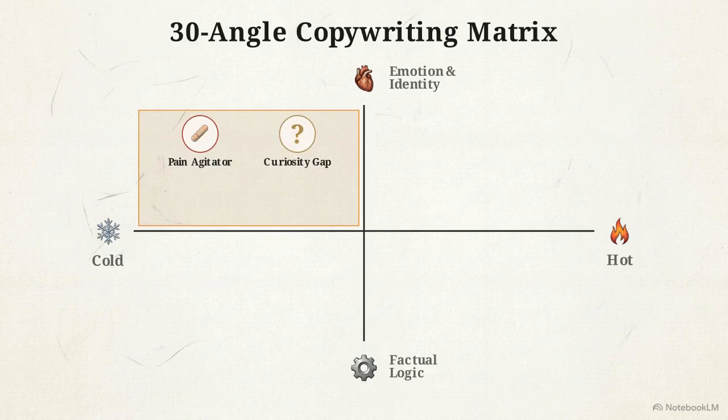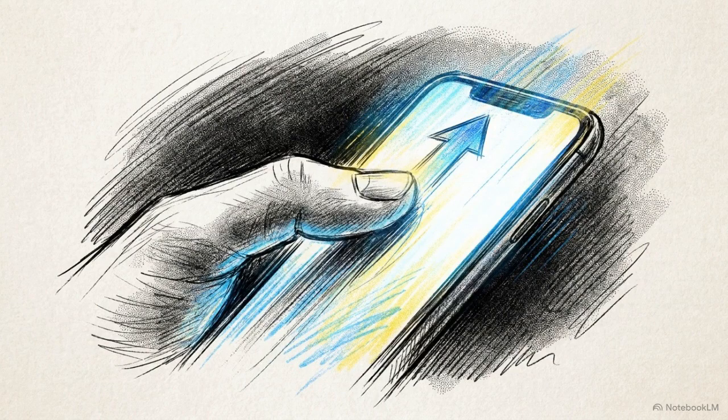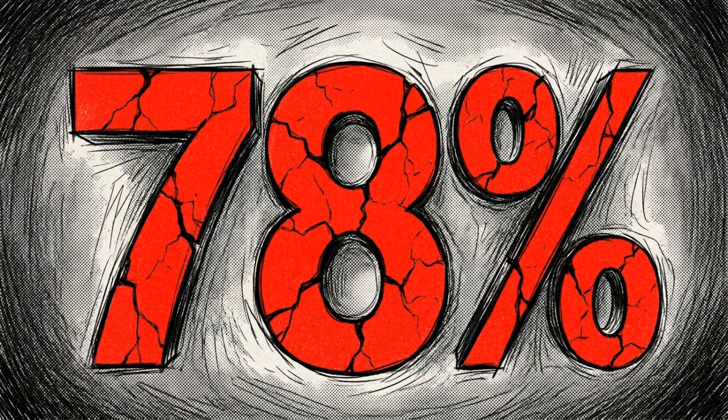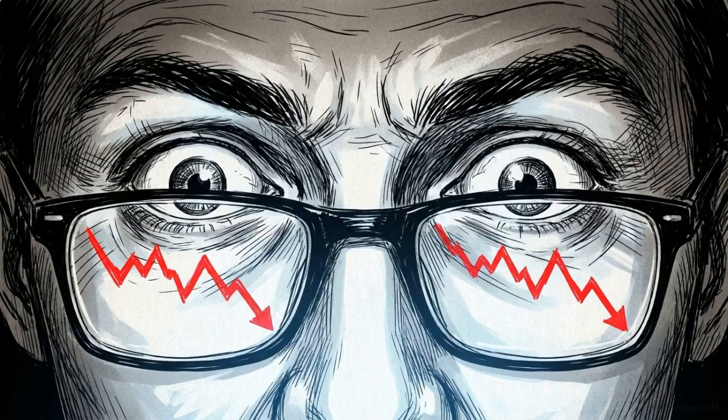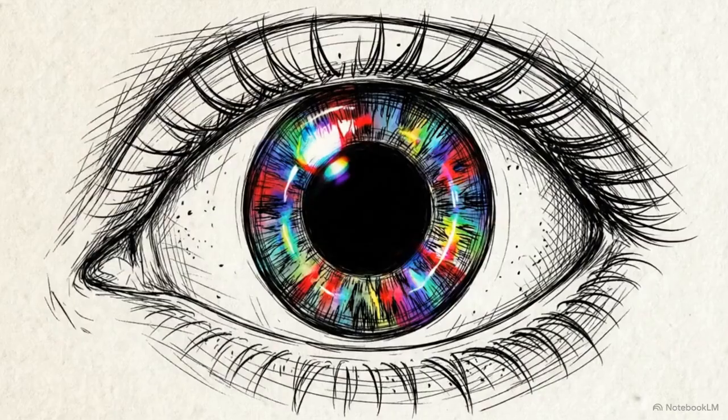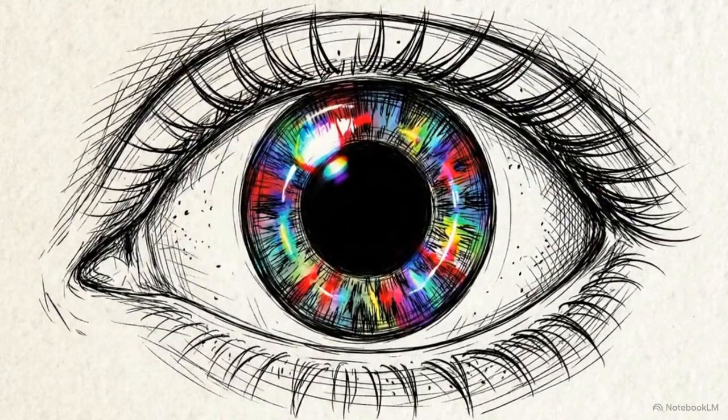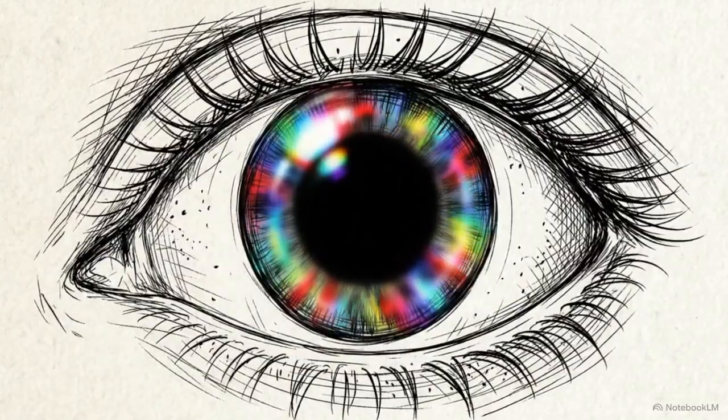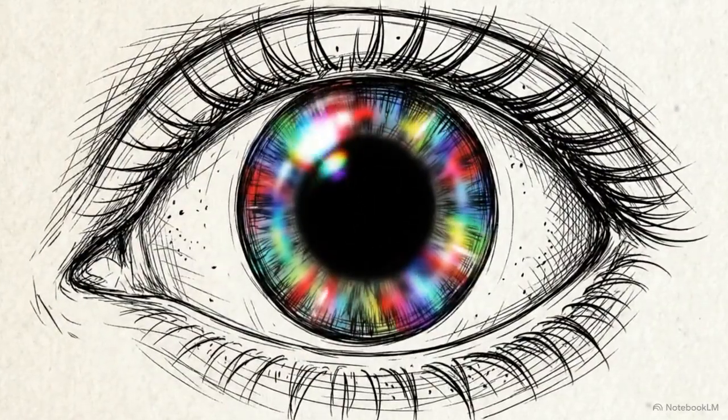These top-of-funnel frameworks are designed for people who don't even know your brand exists. When an audience doesn't realize they have a problem, you must force them to stop scrolling. You do that by deploying the shocking statistic to jar their assumptions, or the pain agitator to make the cost of their inaction painfully obvious.